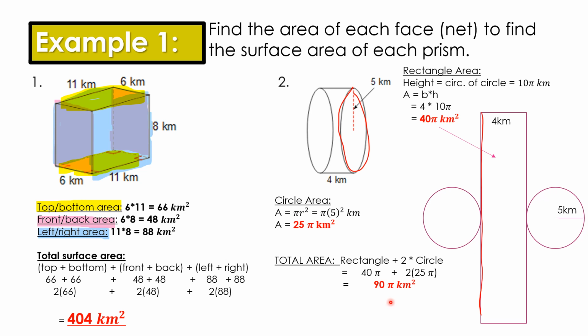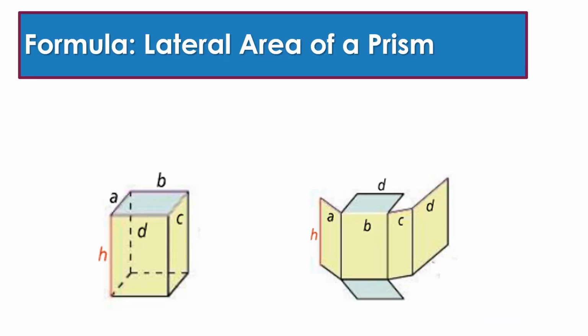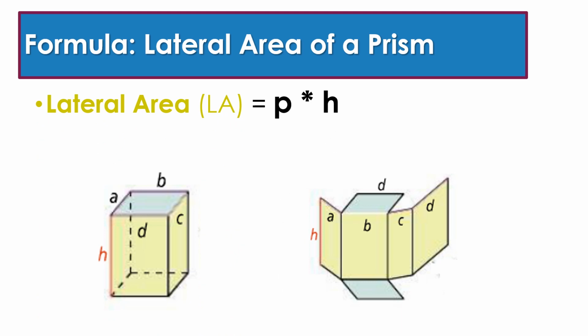Wouldn't it be nice if there was a shortcut and we didn't have to do all of those little pieces one by one by one? Lucky you, there is a shortcut. So I'm going to show you the formula to find the lateral area of a prism. And remember that the lateral area is this yellow part here, so not including the bases. So the formula for the lateral area of a prism, if you can sort of envision me taking a prism and unfolding it like this, it's going to be the length of the perimeter of the base times the height